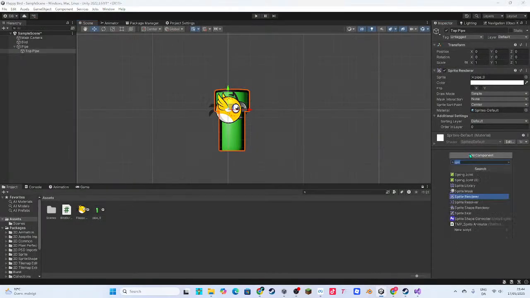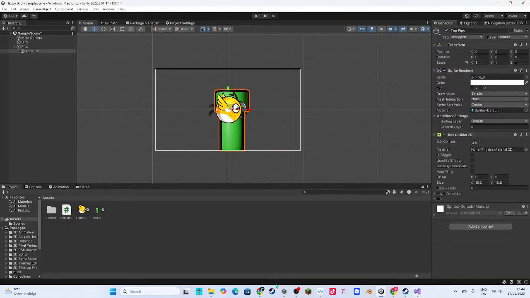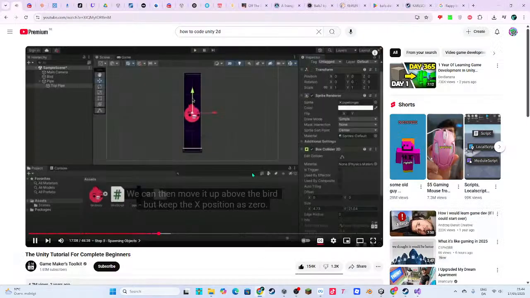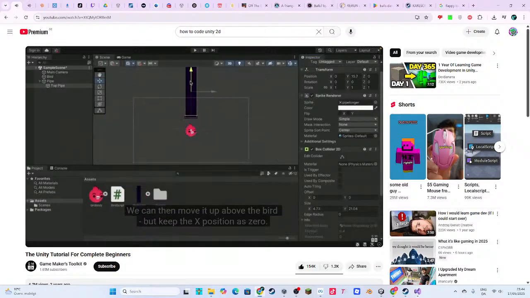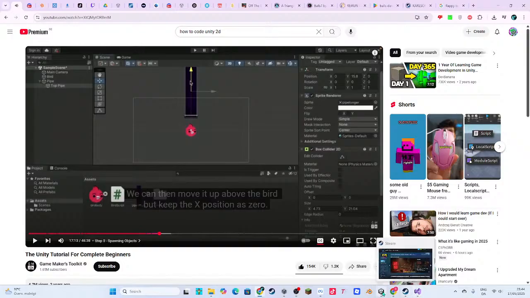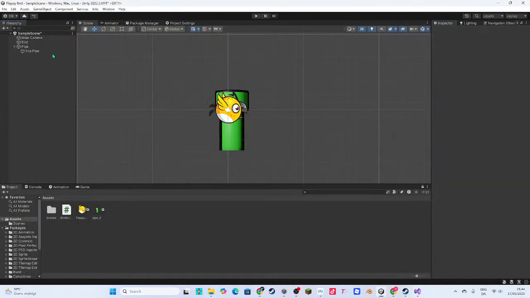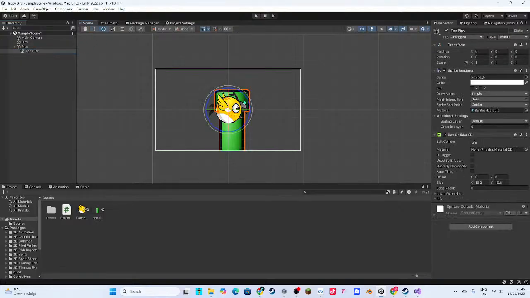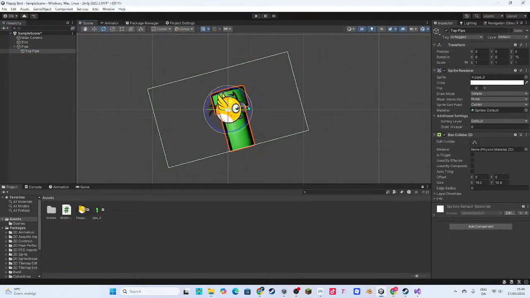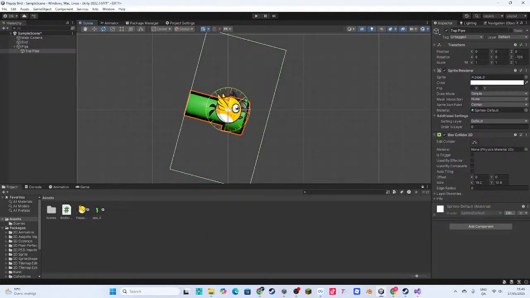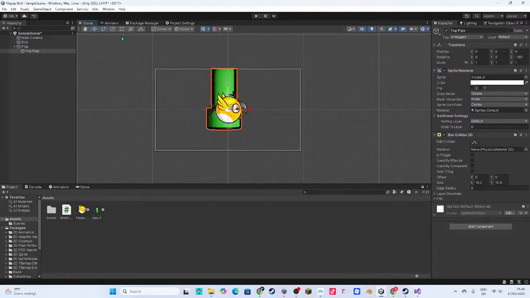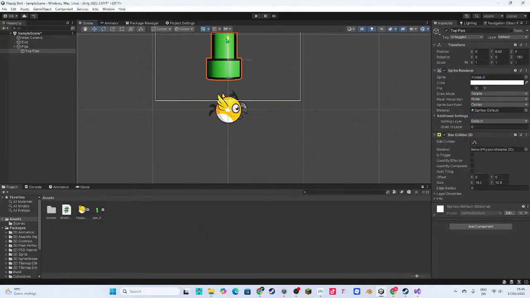Box collider 2D. Go. We can then move it up above the bird, but keep the X position as 0. I'm gonna rotate this upside down, so it's actually a top pipe.